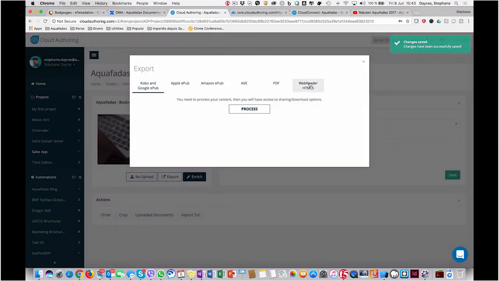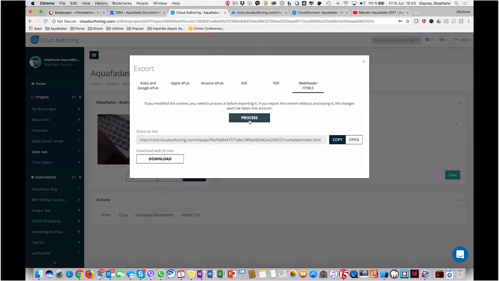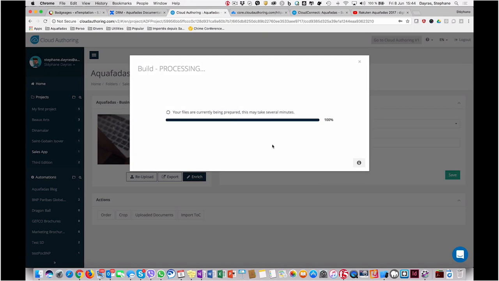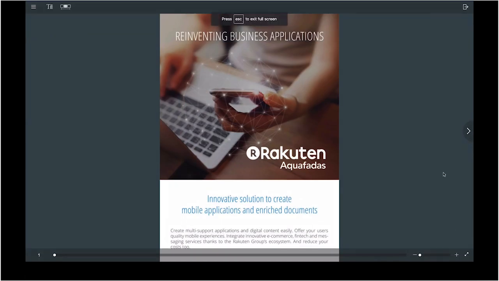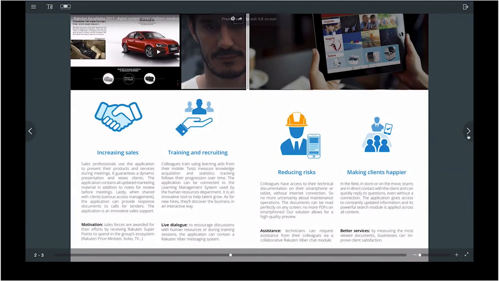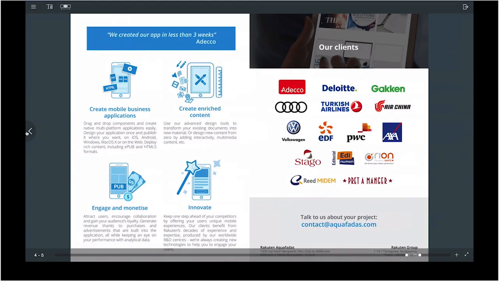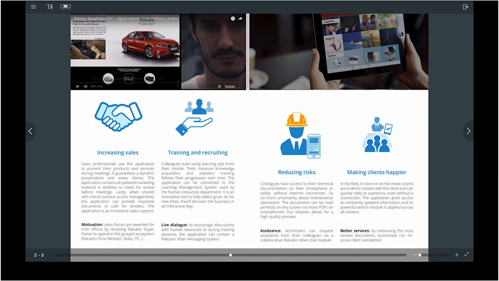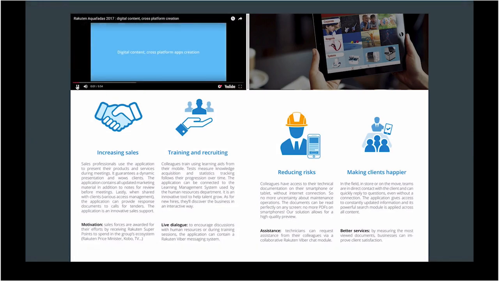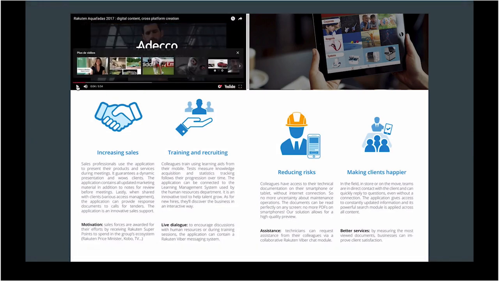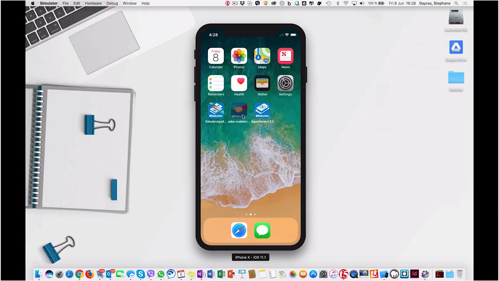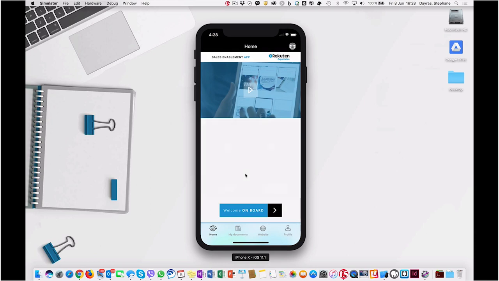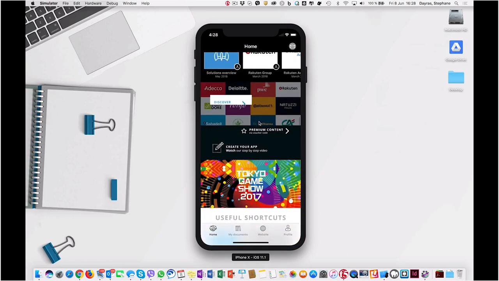Then you can export it to a web reader export, for instance, ready to be published on your website. And you can consume it with our brand new web reader that you see on the screen now, which can go full screen. You can move along the pages, you have different navigation tools, you can see the video enrichment now part of it, and much more is available. This is a responsive web reader. You can adapt and integrate it to any website you want.